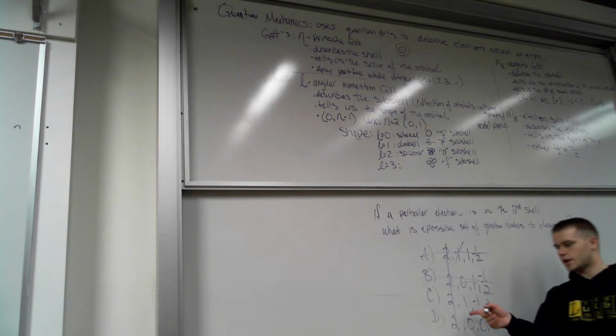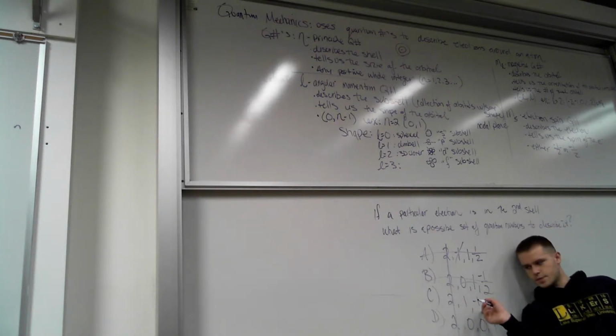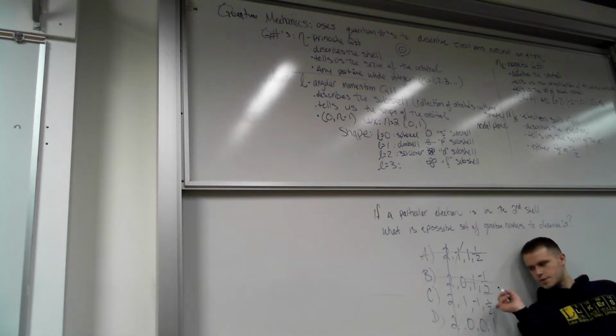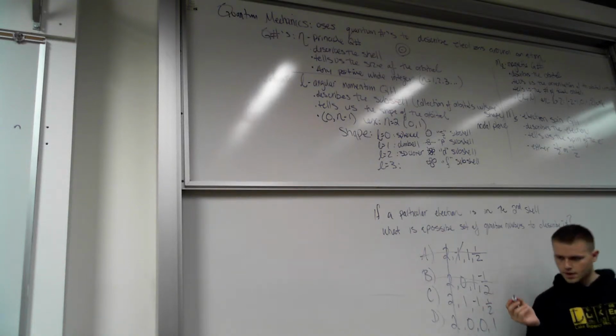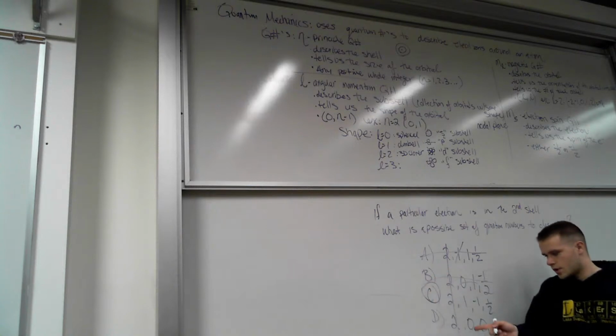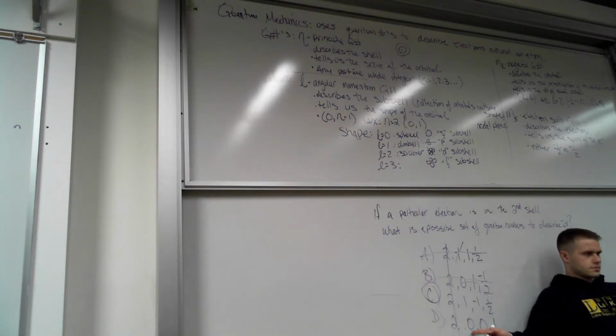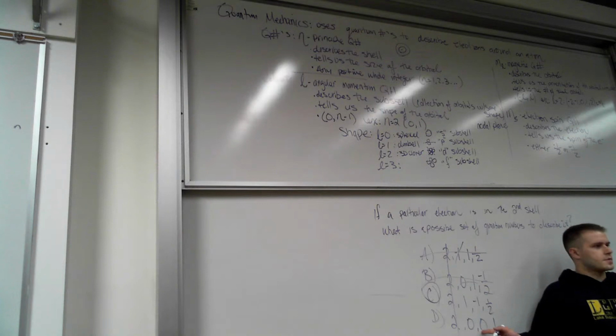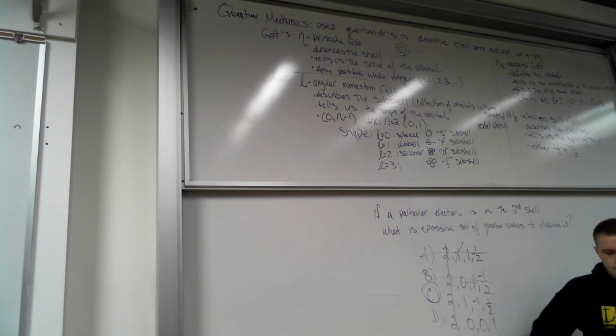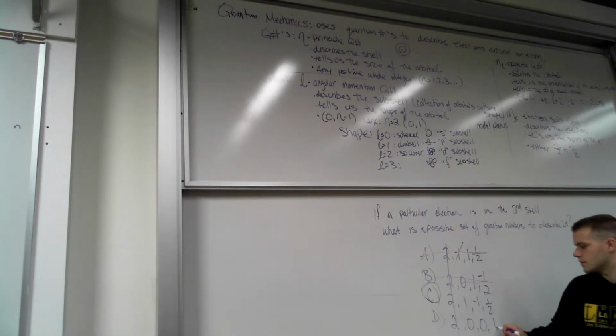C, can we have an L of 1? Can we have an m sub L of -1? Can we have an m sub S of 1/2? And that one works. Let's look at D. Can we have an L of 0? Yes. Can we have an m sub L of 0? Yes. Can we have an m sub S of 1? No. Remember, m sub S are only -1/2 or +1/2. So D is out,